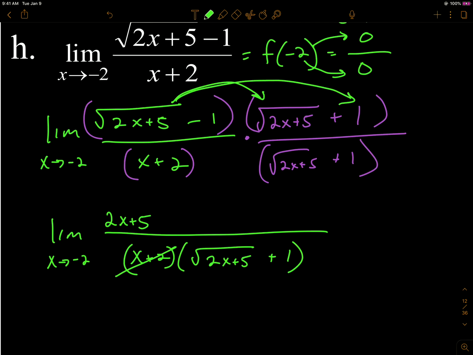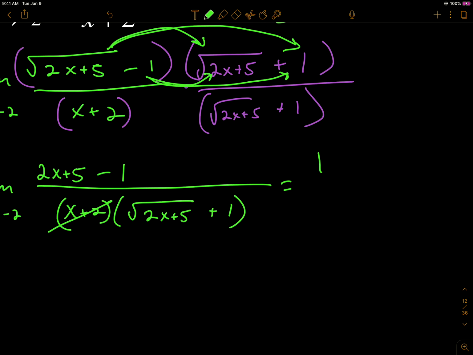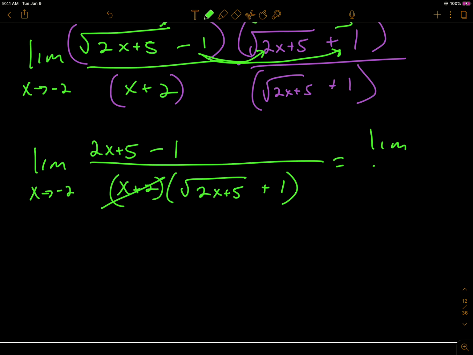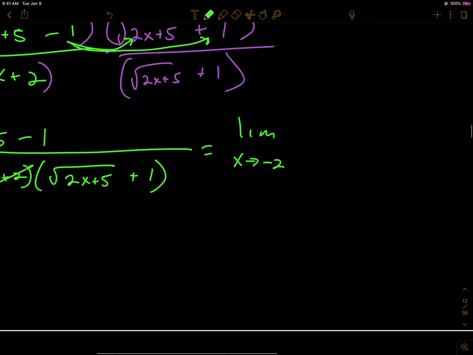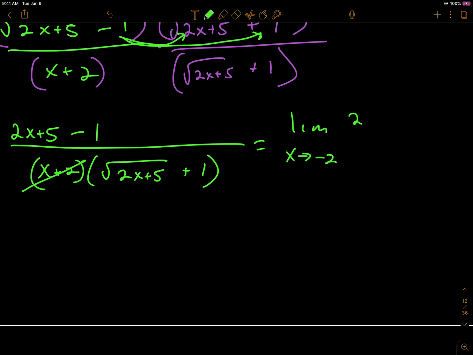When I do this times this, I get a positive times a positive. And then when I do this times this, I get a negative times a positive. So I'll get the positive version and the negative version. They'll cancel. Negative 1 times positive 1 is minus 1. So now when I simplify the top, hopefully I can get that x plus 2 showing up somewhere, somehow. That's going to be 2x plus 4, because if I add the 5 and the negative 1,